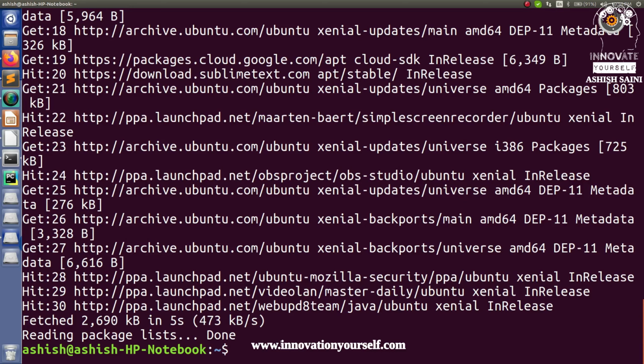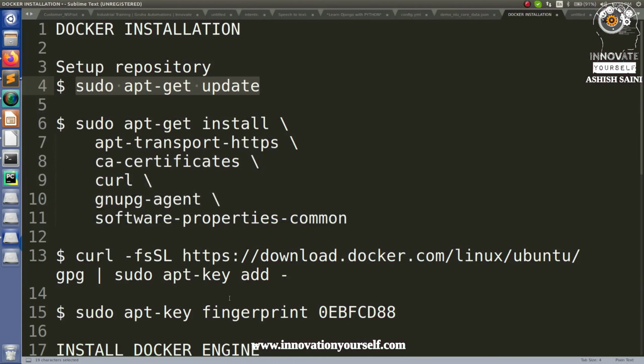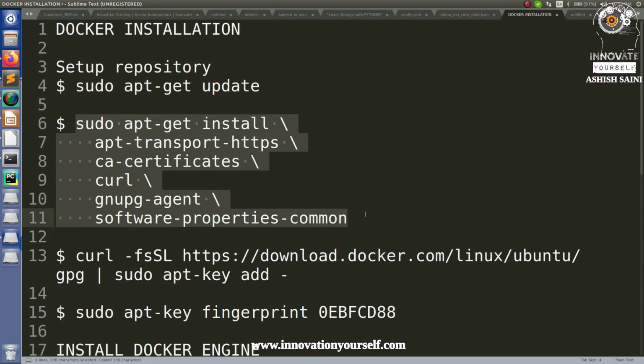To run this command, you must have an internet connection on your local machine so that it can be executed, because here you require an internet connection to download many files and accordingly update them onto your local machine. So you need an internet connection for that. After that, just run this second command, and don't worry about the commands I'm running right now.